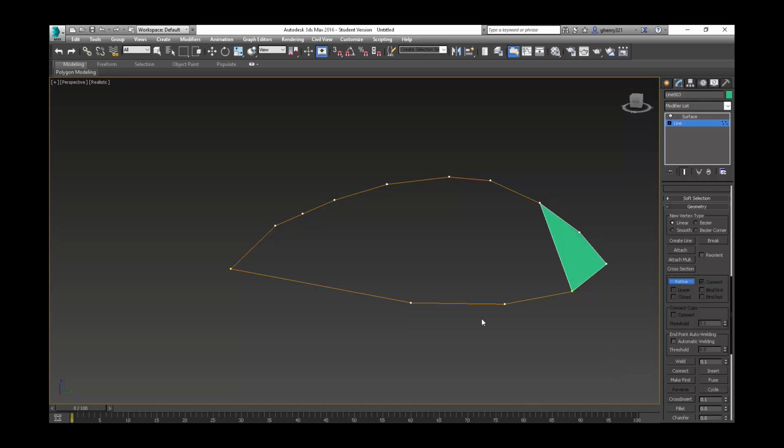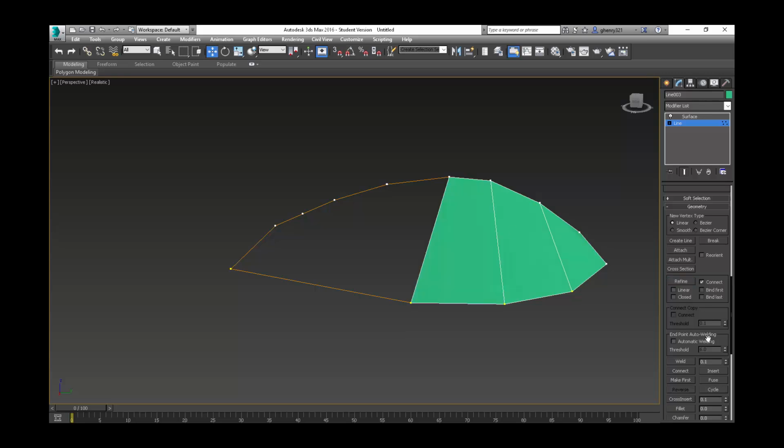So I'm going to connect these two vertices, left click, then right click. Turn on refine. I'm going to left click, right click. Alright, again, I'm going to click here. You can actually click and add a vertice wherever you want to. So I'm going to click there, new vertice, right click, bam. So yeah, spline modeling can be redundant, but if you have really complicated shapes, it can be easier than modeling